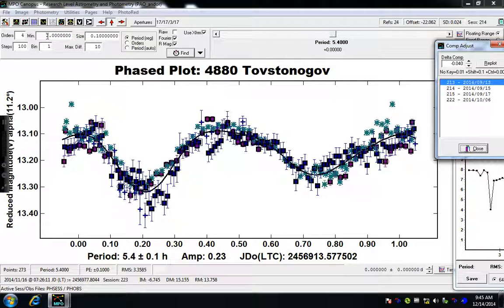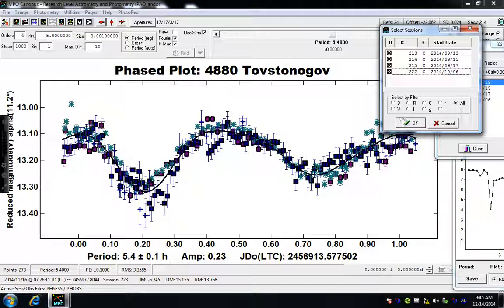So what I'm going to do, now that I know the period is between 5 and 6, is go up here and start at 5. And I'm going to now search in much smaller intervals. Let me go by 1/1000th of an hour, and I'm going to range from 5 to 6 hours. So I'm going to put in 1000 here as my number of steps. And now when I push find and OK,